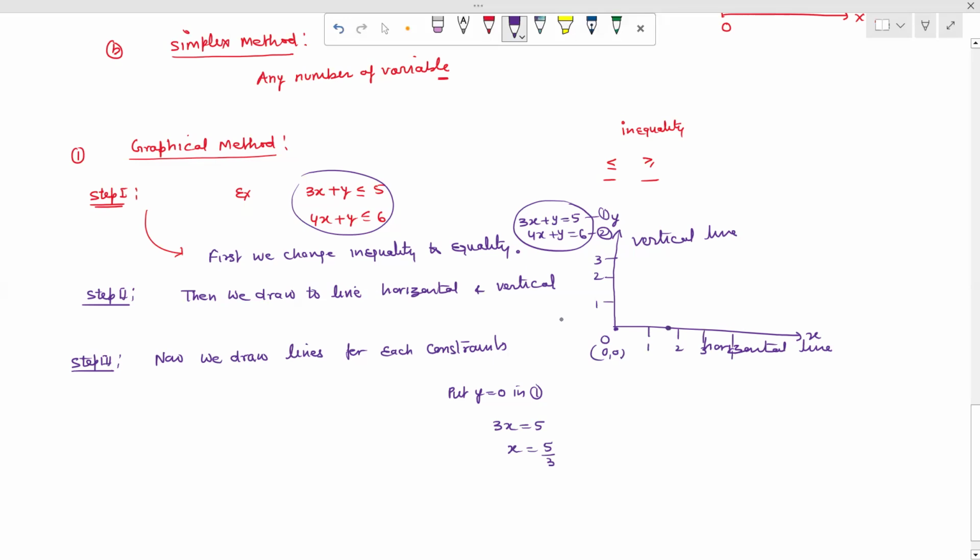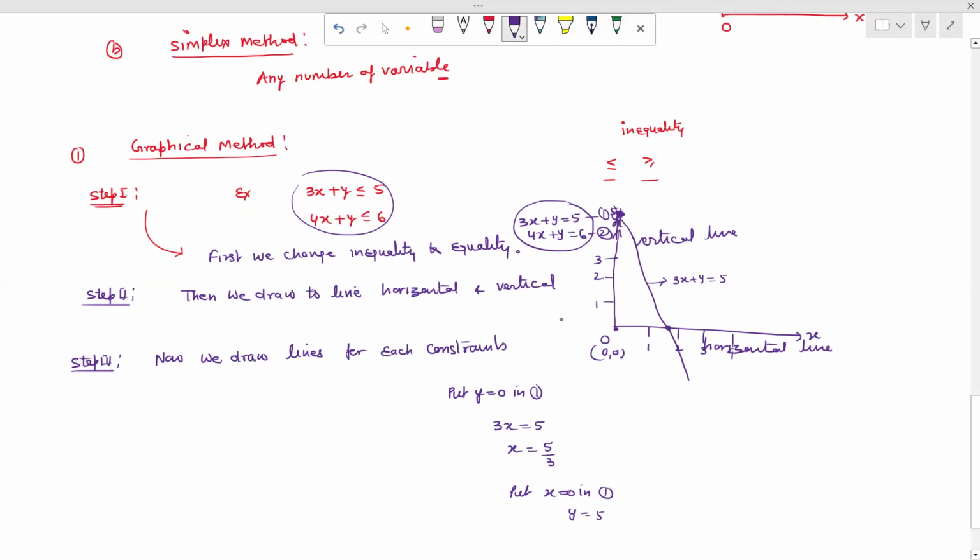So we plot this point, तो इस point को हमने plot कर दिया। now we put x = 0, x इक्वल टू जीरो वन में पुट करेंगे तो y इक्वल टू कितना आ जाएगा 5। तो y = 5 कहाँ होगा, ये हमारा 4 आ गया, तो अप्रोक्सीमेटली हम यहाँ पे ले लेते हैं कि y = 5 होगा। तो y = 5 को हमने प्लॉट कर दिया और वी जॉइन दीज टू पॉइंट्स बाय ए स्ट्रेट लाइन। तो दिस इज अवर फर्स्ट लाइन, तो इस लाइन को हम क्या बोल देंगे कि दिस इज अवर 3x + y = 5।